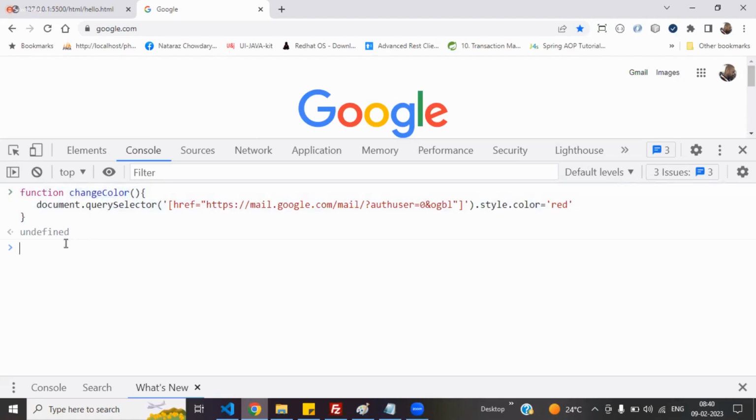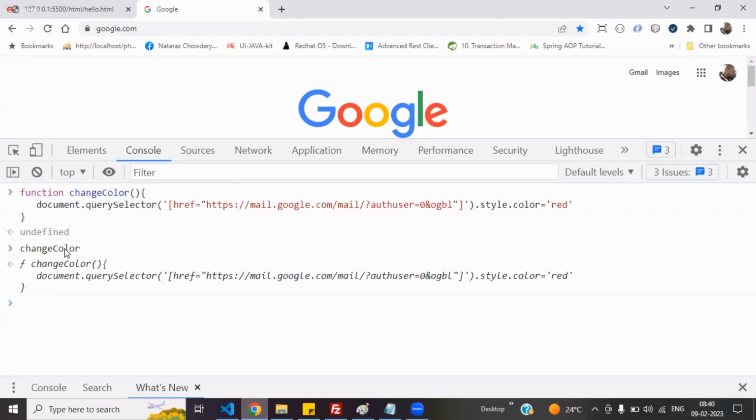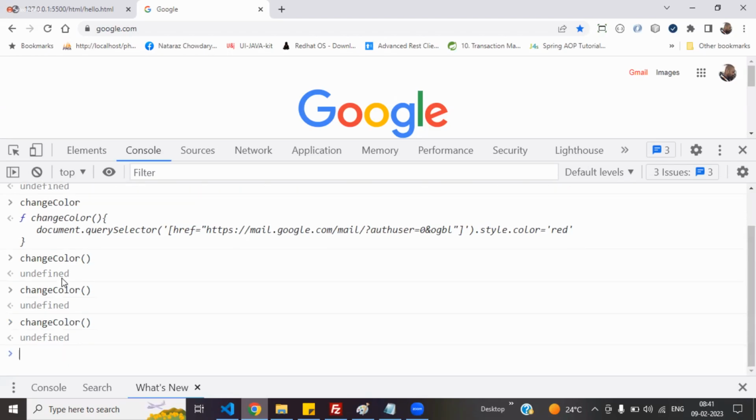Whenever this function is called, only then will my function body execute. Say this is my function. If I call my function, then this Gmail turns red. Agreed with me? Yes or no? How many times can you access it? This is always the red color only, but